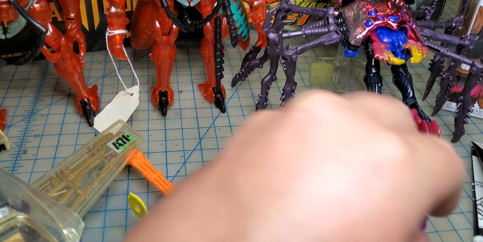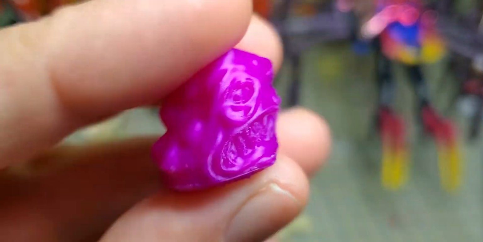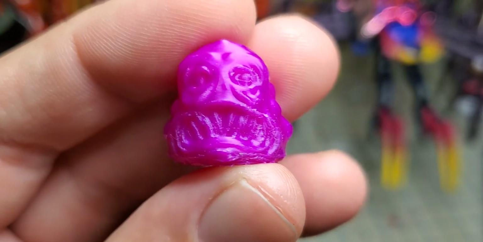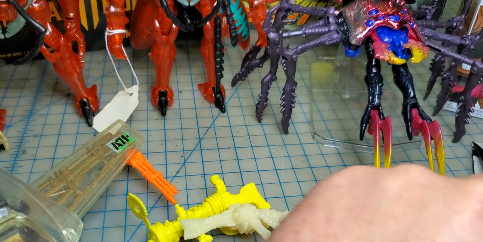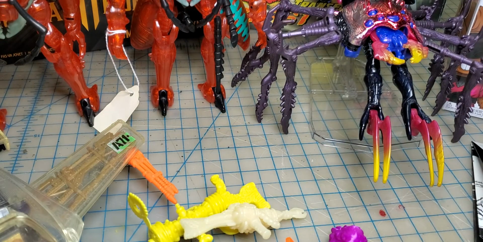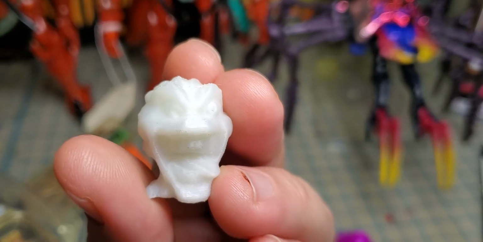Also, he included these little 3D resin prints. I think they're 3D resin. I don't know who this little guy is. But he's cool. Maybe one of the Toxic Crusader figures. I'm not sure. And this guy is the little head that comes with...